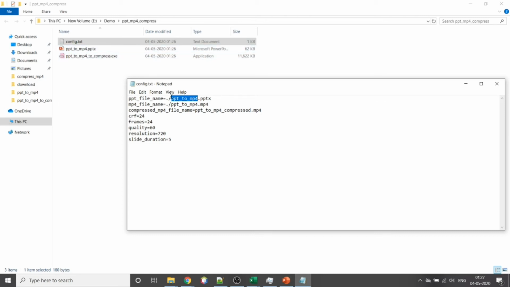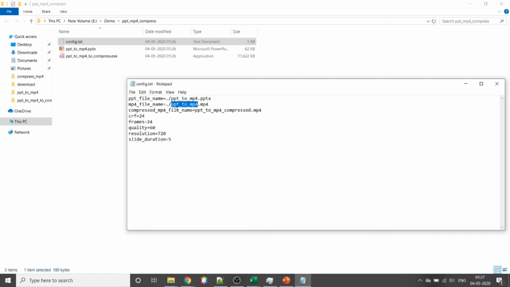But let's say you have numbers.pptx, then you have to place numbers.pptx here and replace ppt to mp4 by numbers. So effectively it will look like /numbers.pptx.